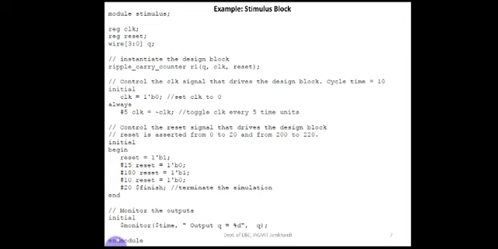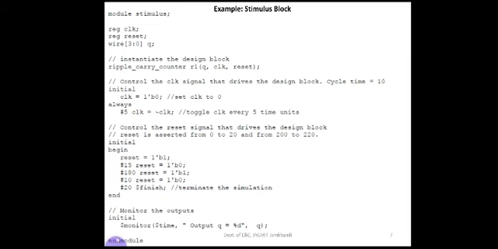Module stimulus: the inputs clock and reset must be declared as a register, reg. Then wire q is of 4 bits, so it has to be 3 down to 0. Then the ripple carry counter instantiation, r1 instant. R1 can be any name, it is a user defined name, you can take any other name also. So Q, clock, reset are part of the inputs and outputs.